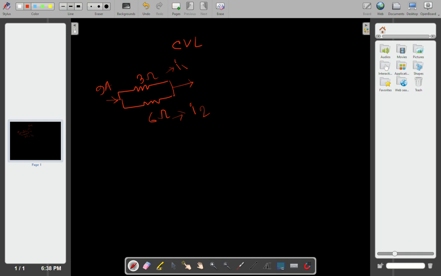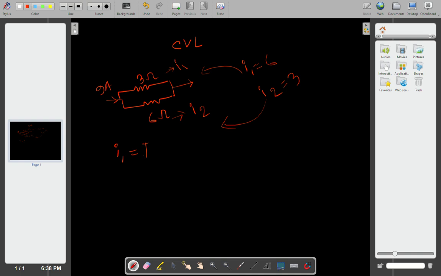Now I1 has to be double I2, because 3 is half of 6 ohm. So if I1 is, let's say, 6, then I2 has to be half of 6, which is 3. Now you can see 6 plus 3 is 9, and we can solve it without doing any kind of theory. If we do it with our normal theory, it will look like I1 is equal to total